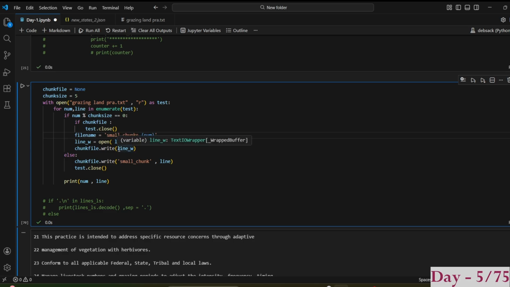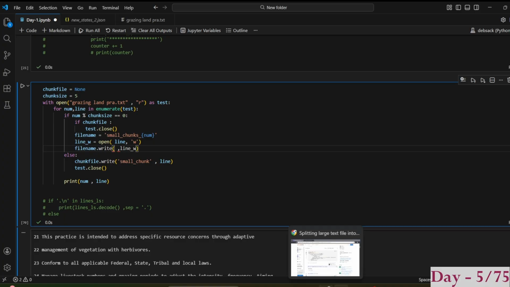What I'm not getting is why a chunk file. Oh, file dot write. Okay,